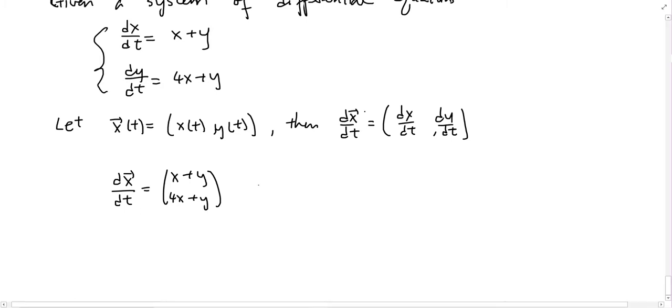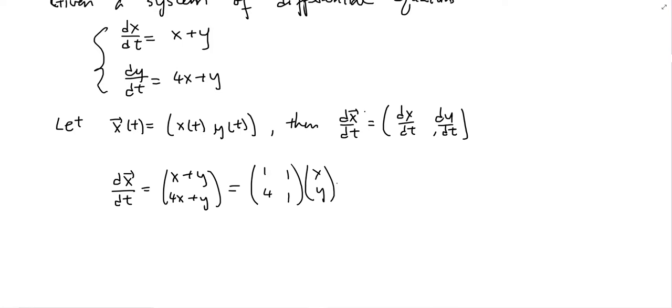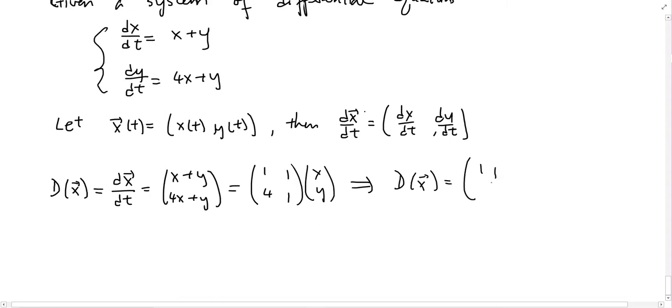Now here's the interesting thing. If I look at this, I can actually rewrite that into a coefficient matrix multiplied by my variable vector. 1, 1, 4, 1 times x, y would equal x plus y, 4x plus y. And notice that matrix. We have seen that. More interesting is the following. Imagine, instead of talking about d vector x over dt, I'm going to now use a differential operator. And now that means our system of differential equations can be written as this. Or more specifically,